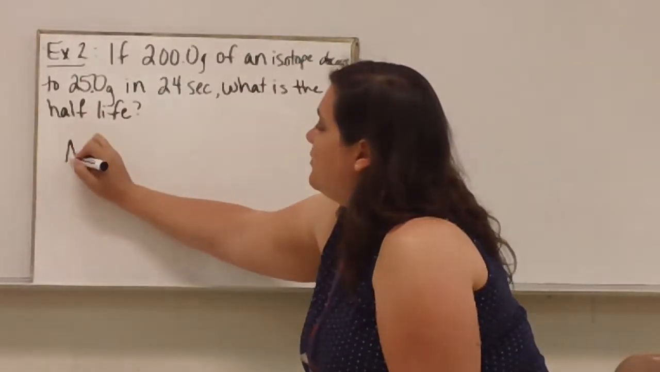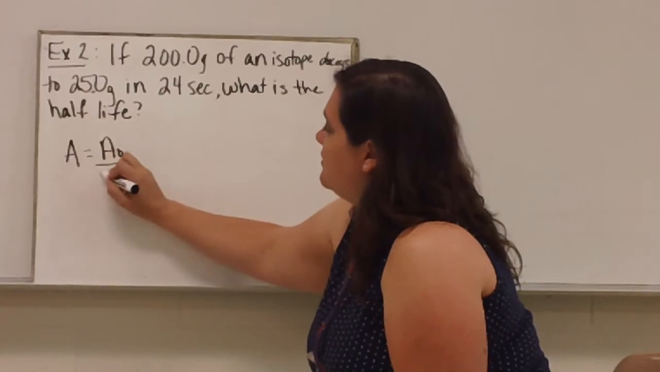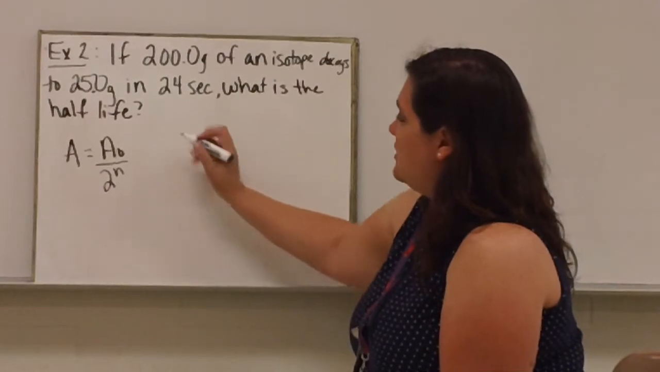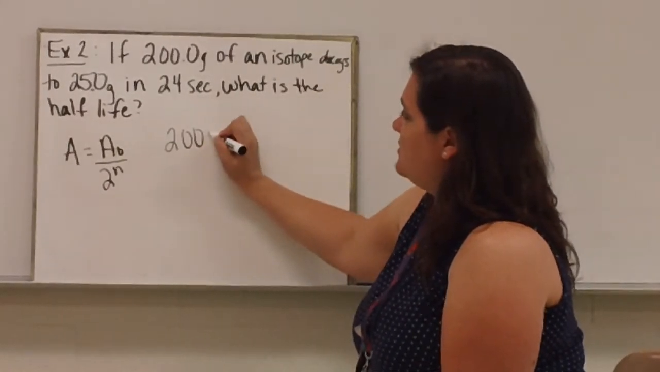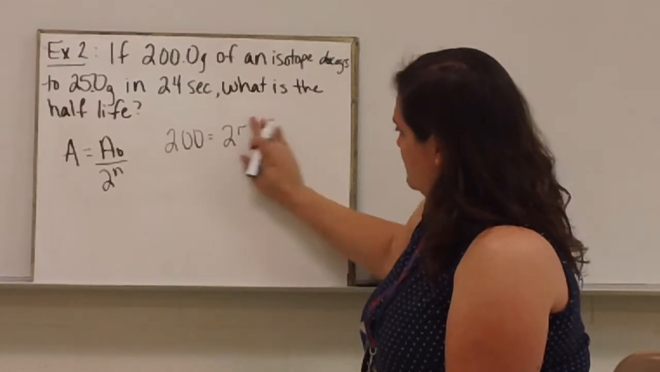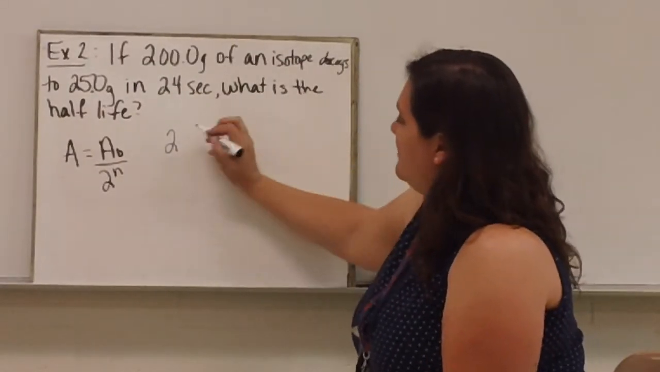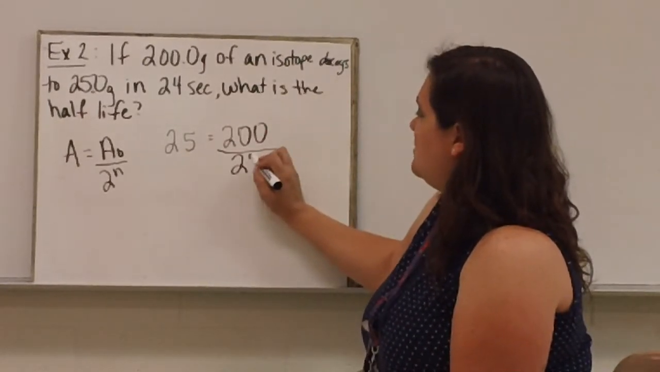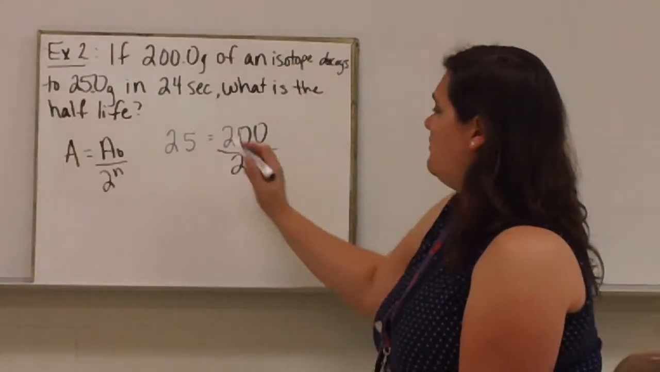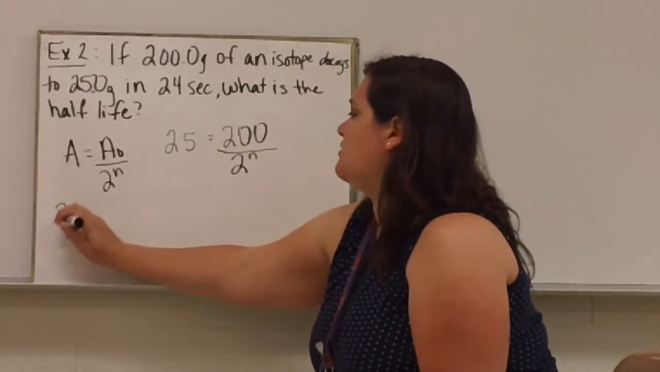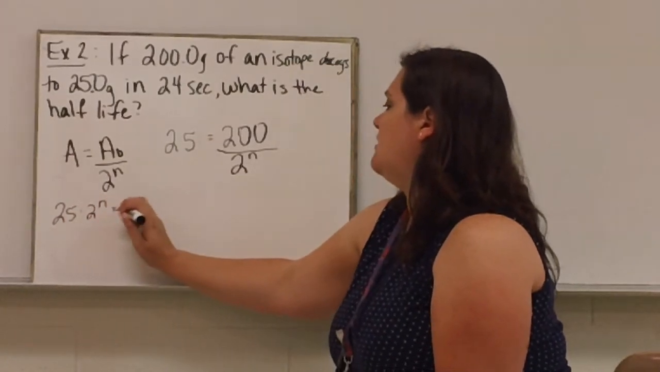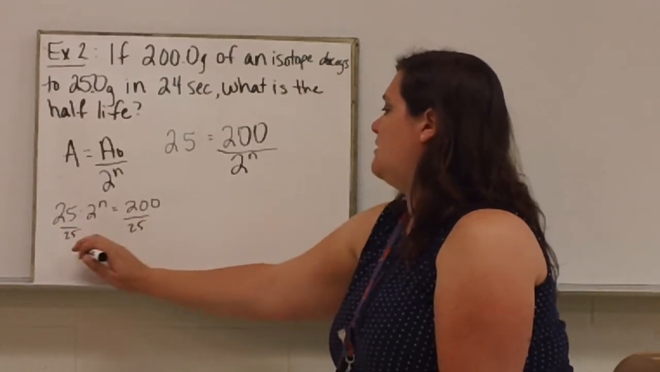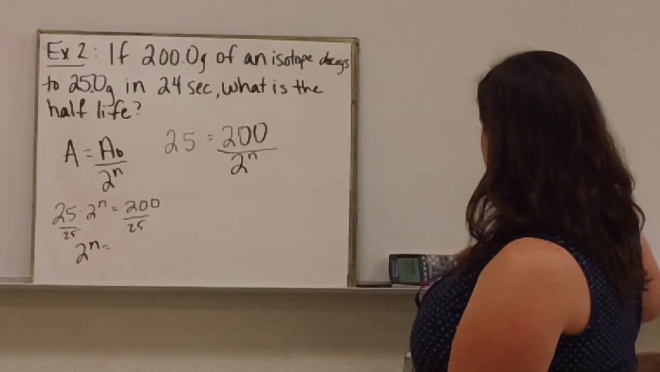And so we have our equation, A equals A0 over 2 to the n. So if I want to find the number of half-lives first, I plug in the information I know. I know that I have 200 grams to start with. I end up with 25 grams. We have 200 grams to start with, over 2 to the nth power. So again, I need to solve for n. So I'm going to cross multiply and get 25 times 2 to the n equals 200. I divide both sides by 25. So I get 2 to the n is equal to